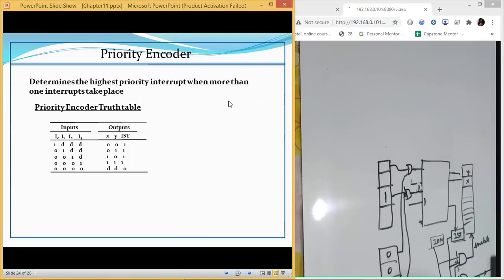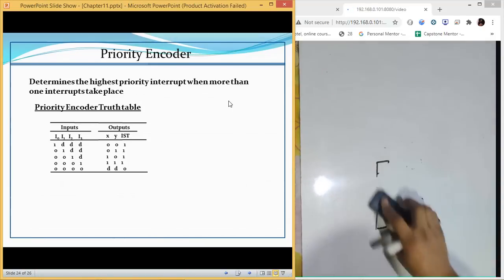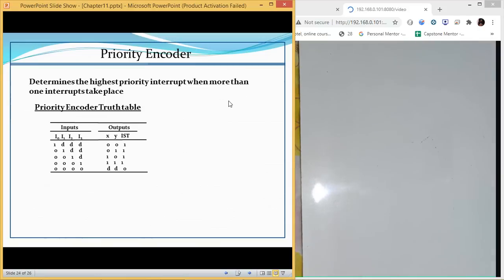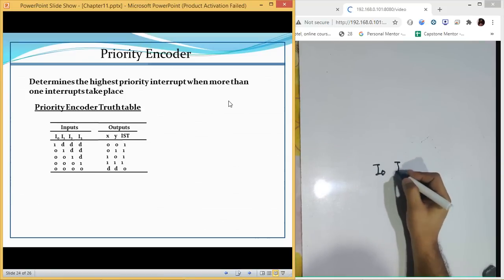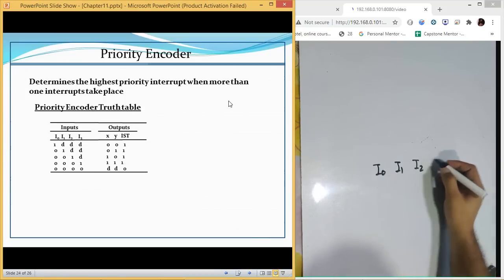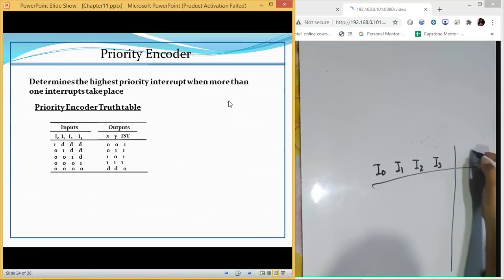In the parallel priority encoder, what do we have? There are four inputs starting from I0, I1, I2, I3. On the other hand, we have outputs.